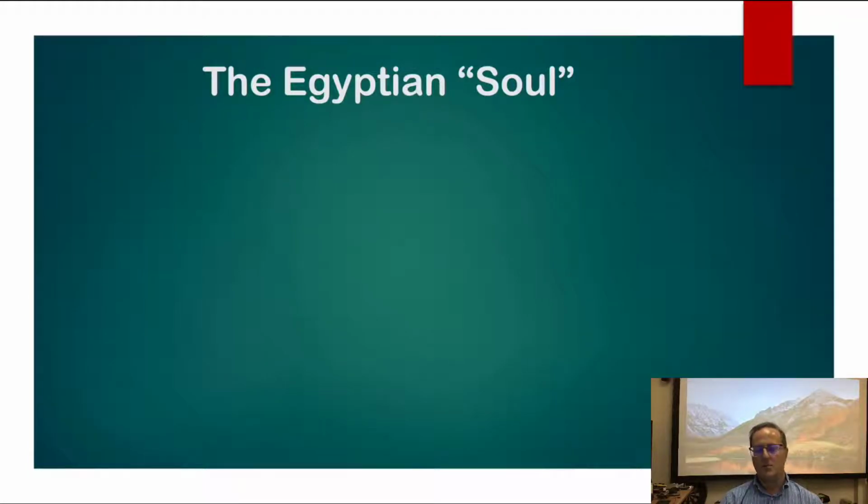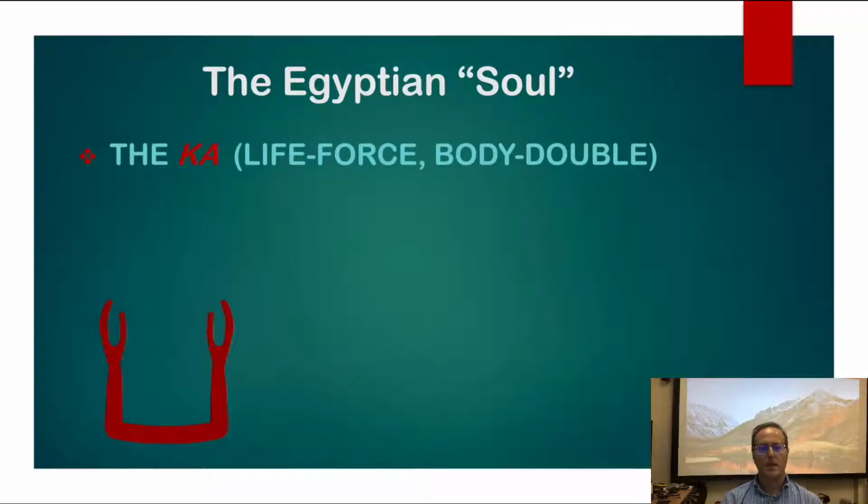So before we get into pictures of these paradises, we need to talk a little bit about the nature of the soul in Egypt. So in Egypt, there was the idea that the soul was made of different components. One of the components was called the Ka. Here is the hieroglyph that represents the Ka. It looks like two embracing arms. The Ka was what made the person alive and not a corpse. It was the life force that gave power to their senses. And it was unique to each individual, even though it did not hold their personality. It was really a body double which traveled with you throughout life and was in the tomb at death, and it was the one that ate and received the offerings.